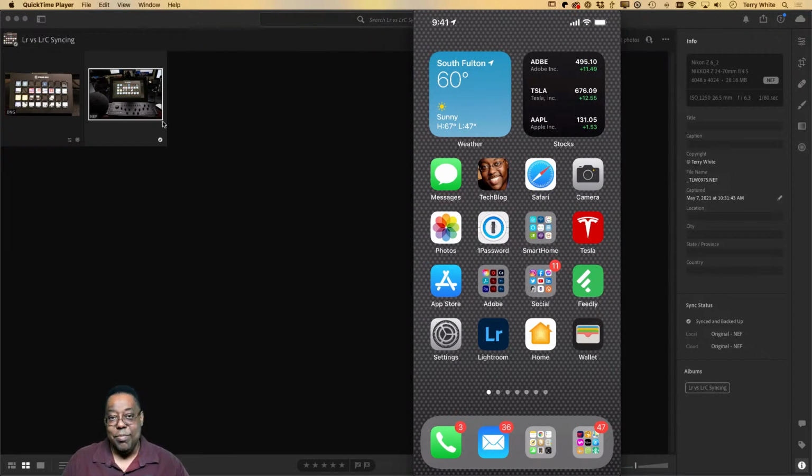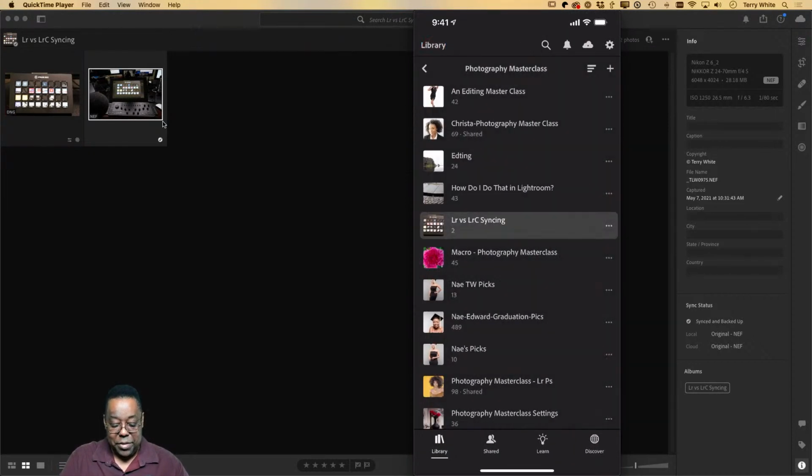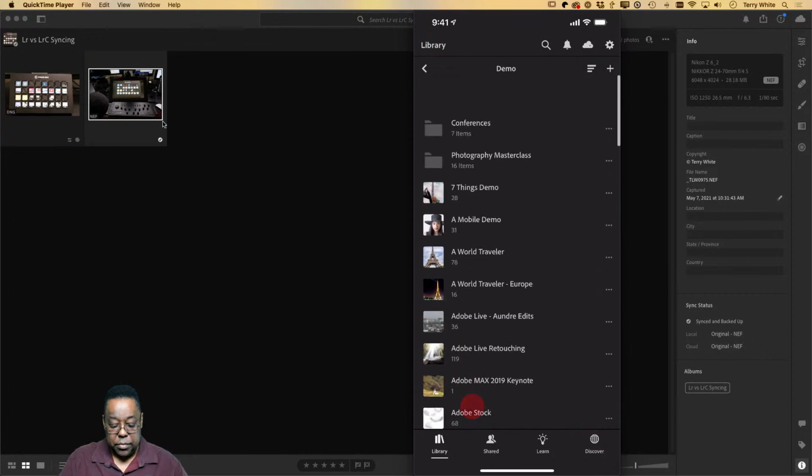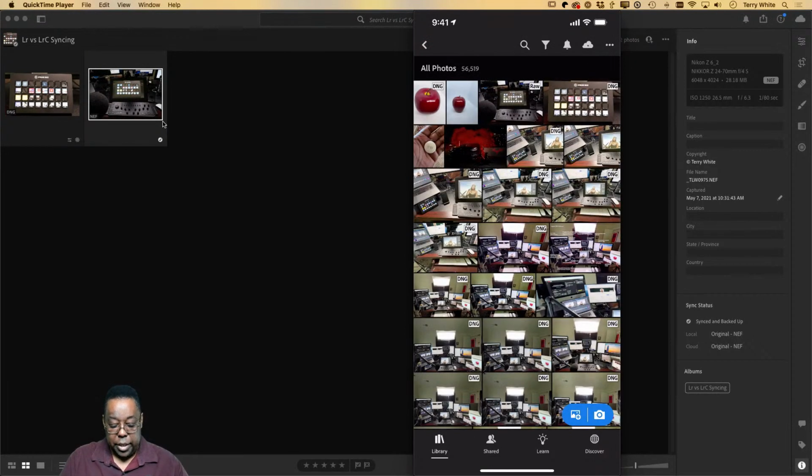But I've got Lightroom set to automatically import new photos, meaning ones I took with the regular camera. So if I go to my All Photos, there they are, the two images at the very top. There's the DNG, the RAW file I just shot, and the other one doesn't say DNG because it's not a RAW file.